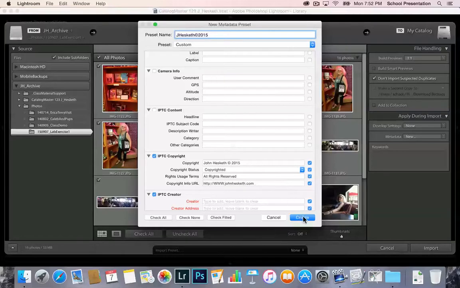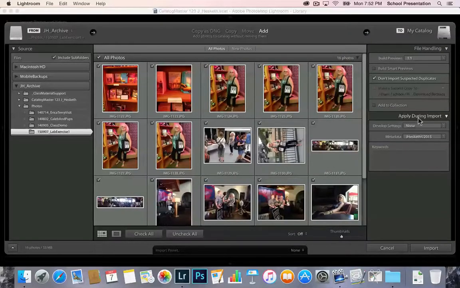So at this point, we want to create it like that. And now we have a metadata preset in here, in addition to having none, but I can go back to this one here, and I can copyright all my imports like that. All right, so at this point I need to pause. We're back. We haven't imported yet, but I need to make one small